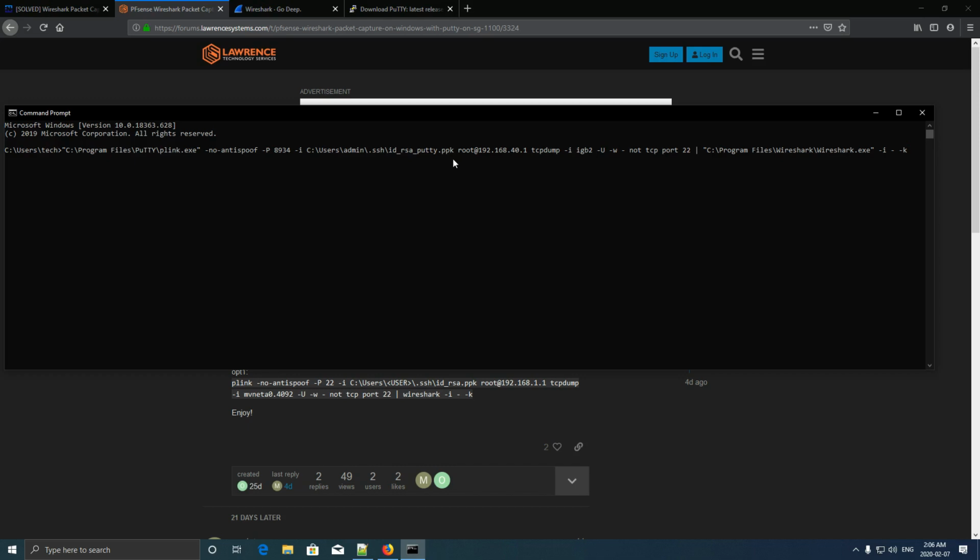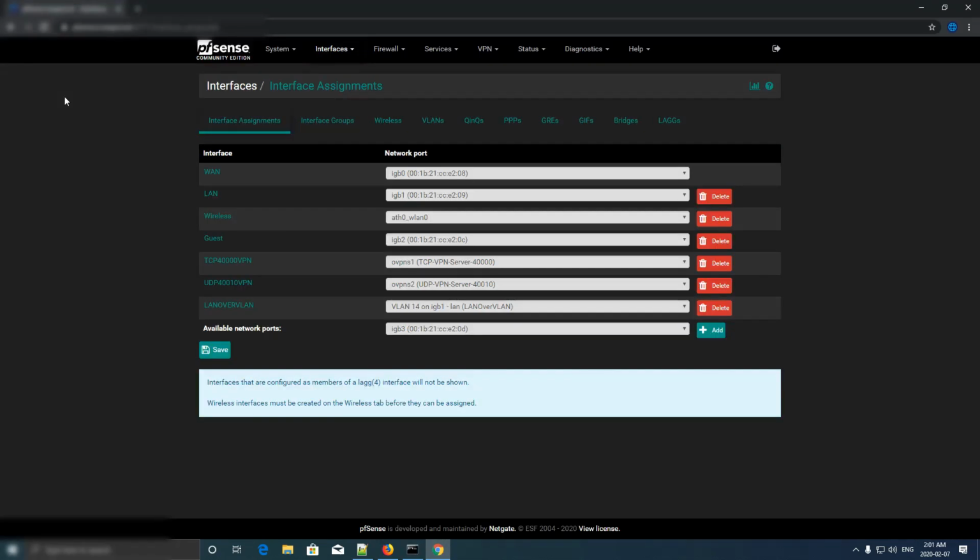And now this is the interface that you guys are going to use to capture, depending on its WAN, LAN, or guest. Okay, so to find the interface which you want to capture, what you have to do is you go to your pfSense, you go to Interfaces, you go to Assignments, and over there you can look: your WAN is igb0, your LAN is igb1, your guest is igb2, and this is VPN servers. You can see what the interface is over there. So in my case, I'm going to capture guest, so this is igb2,